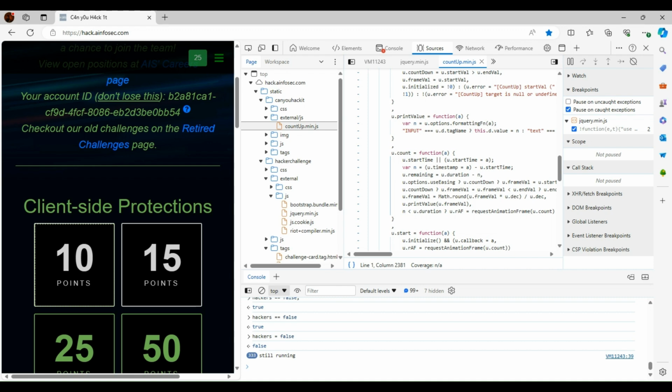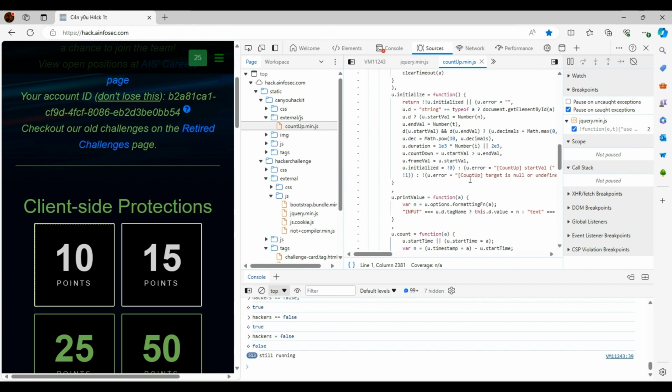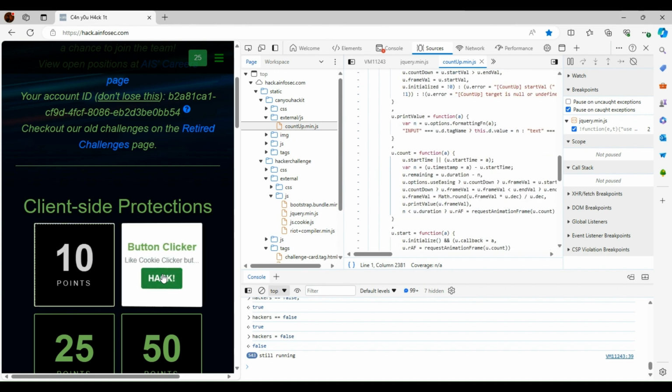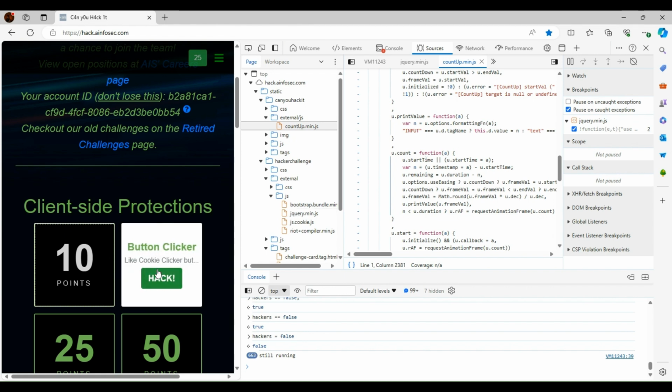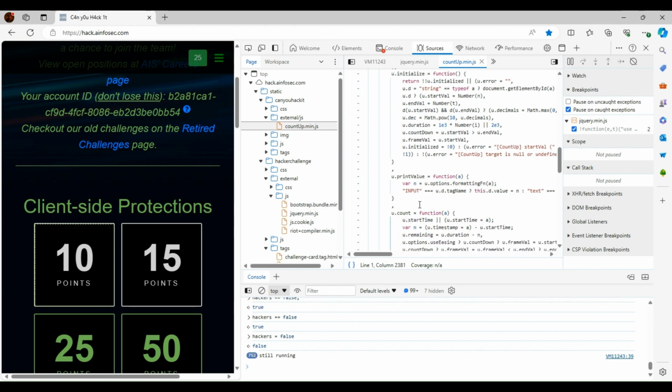All right, I did it. So that one was hard. That one wasn't even easy. For 15 points, they made that one kind of hard. They had a failsafe in here, and if you look, you can see I've got 25 points now, 15 points. So I hacked it the way I wanted to do it. Like, this was giving you, I guess, hints about cookies. I don't know. Maybe could have done something easier with the cookies, but